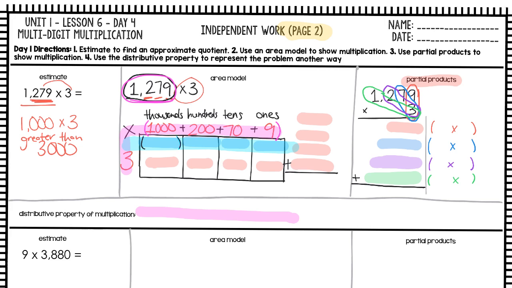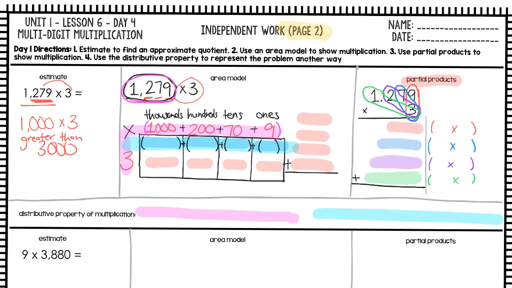The parentheses around my numbers, plus 200 times 3, plus 70 times 3, plus 9 times 3. So that will be written here. All 4 of those steps go here. So these 4 steps go here. Those are the 2 ways that we can write